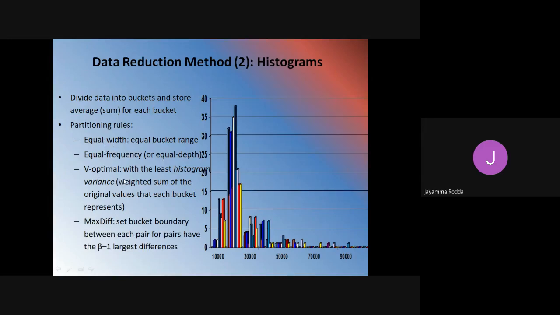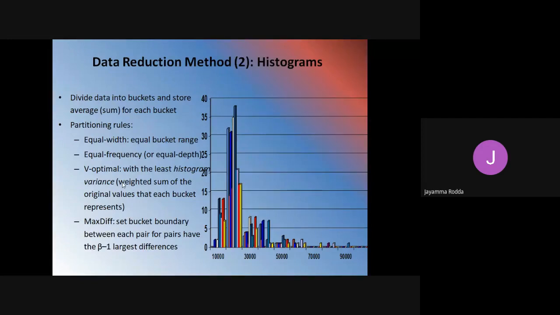Next, V-optimal. V-optimal is nothing but, if we consider all the possible histograms for a given number of buckets, the V-optimal histogram is the one with the least variance. In the previous example, I took some number of buckets, and for those buckets the V-optimal histogram is the one with least variance.